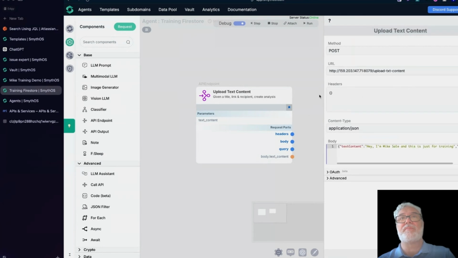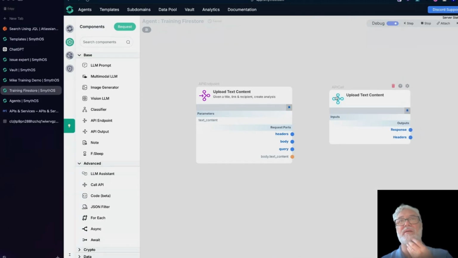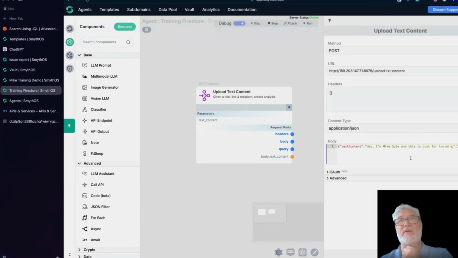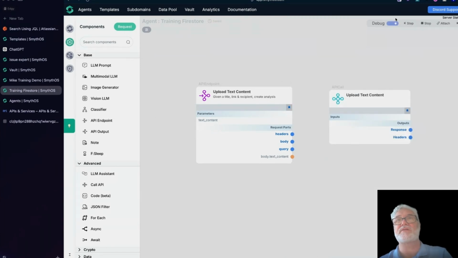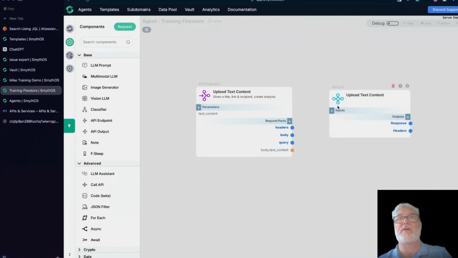So does everybody think this is ready to rumble? It's not ready to rumble. We need to actually do a little bit of work here, right? Not much, but a little bit. Remember that what we want, if you go back and take a look, we don't want this text content. We want to be able to add that as a variable or parameter from the text content and the API endpoint. So what we're going to need to do first is turn off debug and go ahead and add an